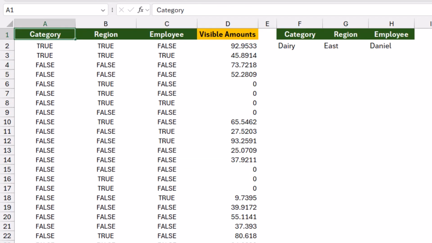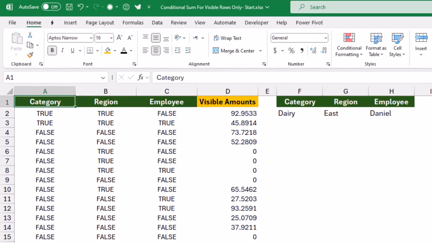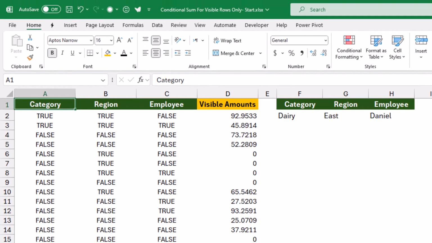The concept of the final solution is to multiply the 3 conditions by the map function. If the 3 conditions return true, which means 1 multiplied by 1 multiplied by 1, then we'll be grabbing the number. If any one of the 3 conditions is returning a false, and a false is a 0, multiplied by a number returns a 0. The only situation where we'll get the number is when the 3 conditions are met, the 3 conditions return a true, and the row is not hidden, so we have a number